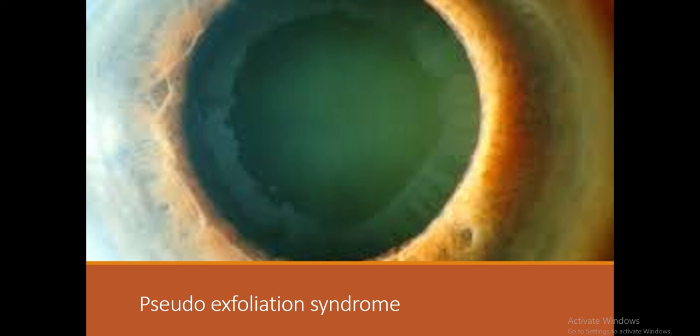This is pseudoexfoliation syndrome. You can see the dandruff-like material which is deposited on the lens capsule. It can get deposited on the endothelial surface, leading to loss of endothelial cells. It can get deposited on your zonules, leading to digestion of the zonules and associated with subluxation of the lens. In addition to that, patients who are having a pseudoexfoliation syndrome will also have a poorly dilating pupil. So you can expect a lot of complications in patients with pseudoexfoliation when you do the surgery. And so this pseudoexfoliative material can also go and clog your trabecular meshwork, leading to a secondary open angle glaucoma, causing an increase in intraocular pressures.